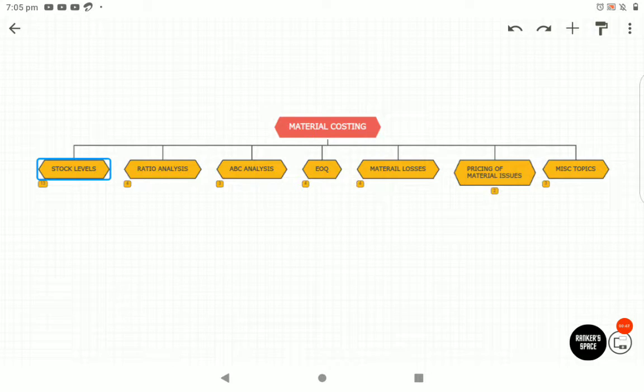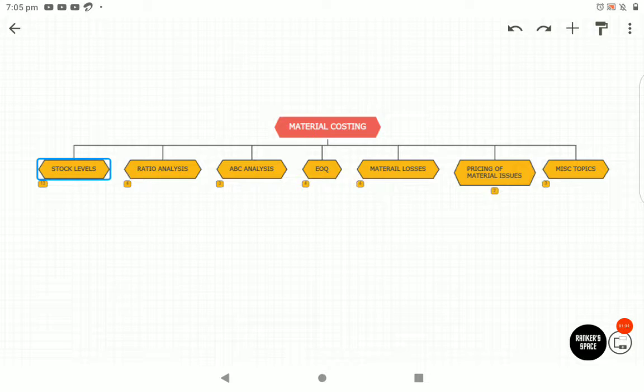The second thing I wanted to visualize is a cost sheet. If you take a cost sheet for that matter, the first item that you find on the cost sheet is your direct material. Then you have the direct labor, direct expense. All of this put together, you get the prime cost, and after that, you have the overheads, right? So the first elementary thing that you find on the cost sheet is your direct material cost. So this direct material cost is the elementary cost that you have to compute in respect of the material inputs that you are using. So in order to compute the cost of those material inputs, that is bricks, cement, as we saw in the example, material costing is very useful.